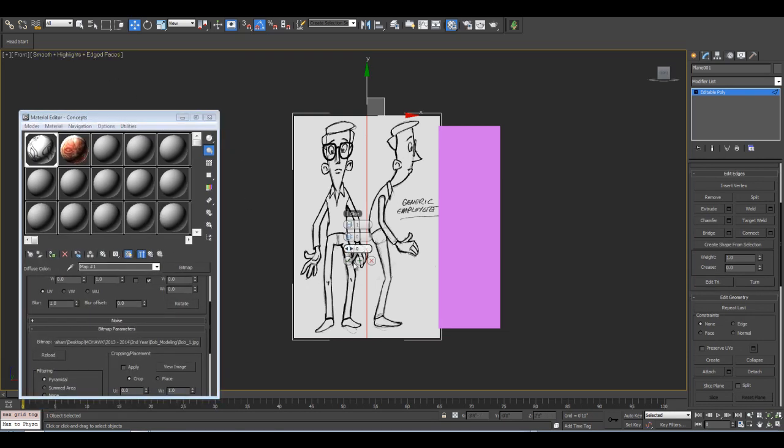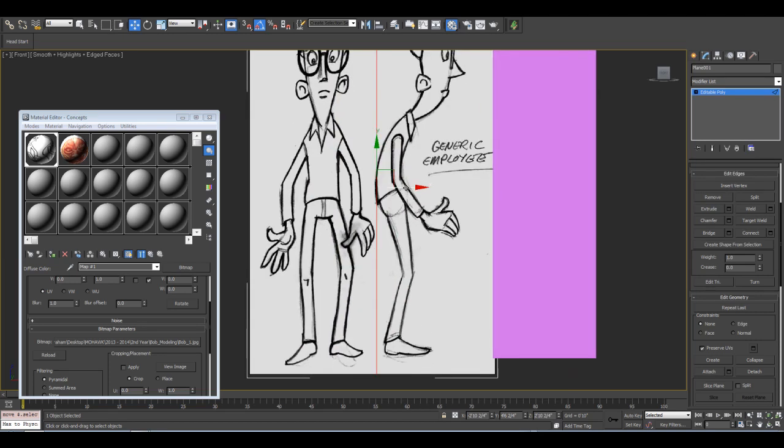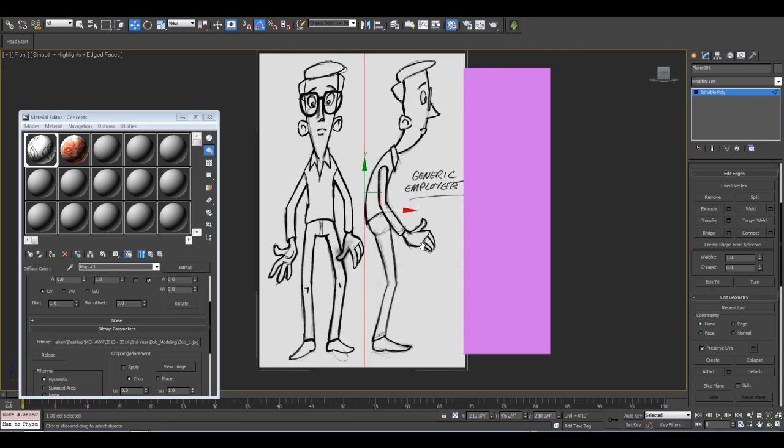I have edged faces on so I can see the edges, and I could just slide this back and forth, but I'm going to show you something. I'm going to click OK. So when I click OK, the edge is still selected, and if I move it back and forth, it's going to stretch the image. So I have to go in under Edit Geometry and check Preserve UVs. When I turn this on, it'll preserve the UVs and the image won't skew or stretch when I move this back and forth. So just make sure this edge is right through the center between the front and side view,